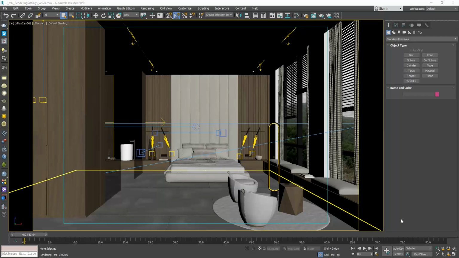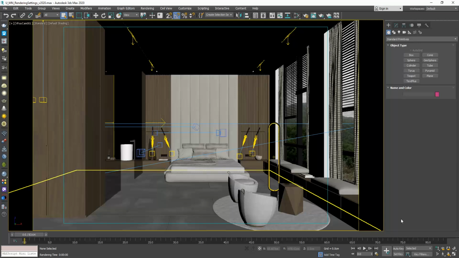What are the render elements? They are images that illustrate the different parts of our render. By different parts, I mean that one render element can show only the lighting of the render, another one can show the shadows, another one only the reflections, and so on. So at the end, we can take all these separate images and combine them in Photoshop to composite the final render. To use and to save the render elements, we first need to add them before we start rendering.